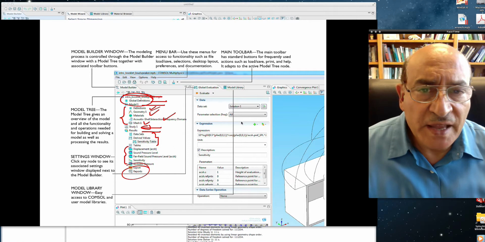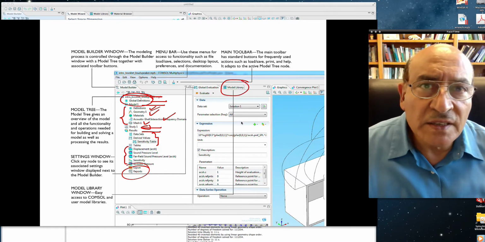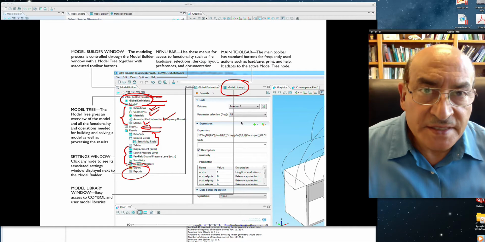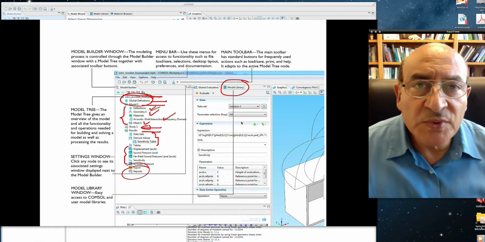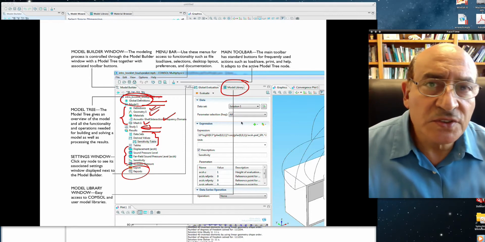Then we have another panel that has three functions. This panel has a model library in which you can select from a library of existing models that people have built over the years, and these are going to be updated all the time. So we will have